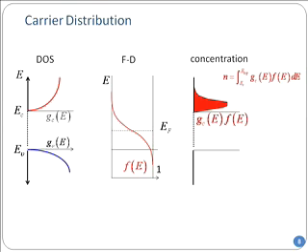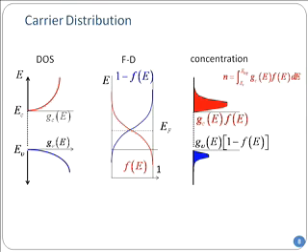And similarly, if we multiply with 1 minus F, then you get a certain number of holes. Right? This we have seen. And this we can easily calculate. So the other day for an intrinsic semiconductor, do you remember the value we calculated? This was Ni, which is the geometric mean of Nc and Nv, the effective densities of state, times e to the power of the gap divided by 2kT. Right? That's what we have. So that value is how much we calculated.